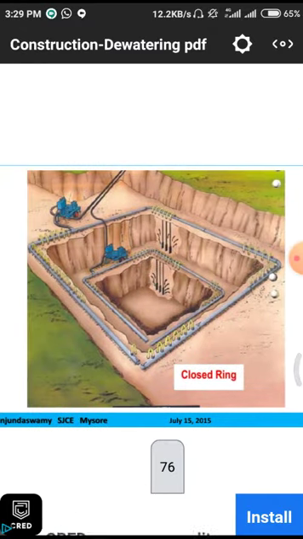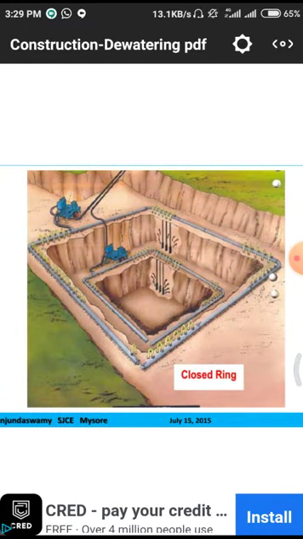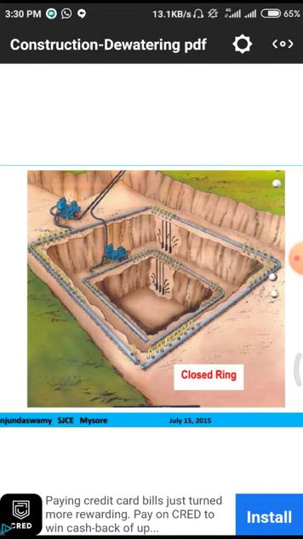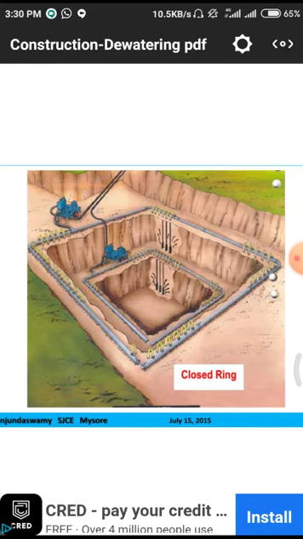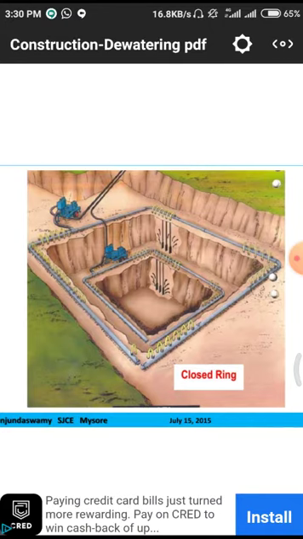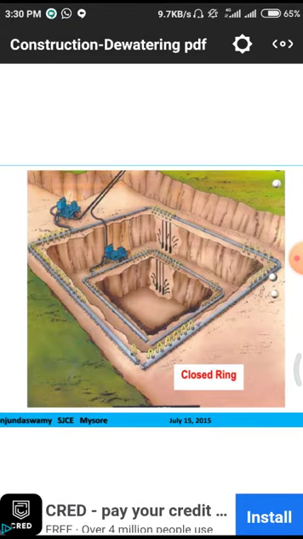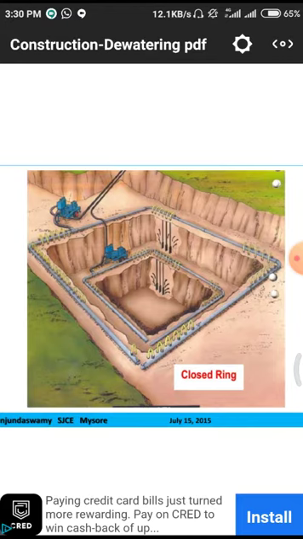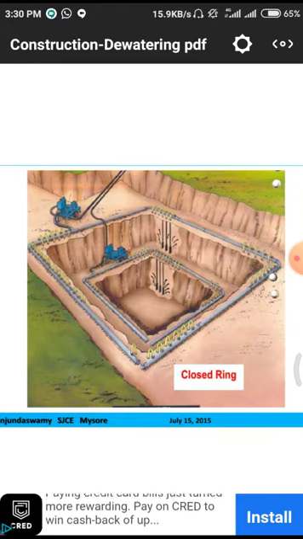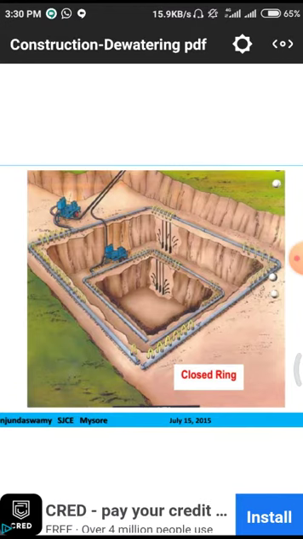This method is employed when there is a huge quantity of water in the particular land. Why? Because in the previous method we were using simply one kind of pipeline system and simply one motor. But particularly in this soil strata there may be a huge quantity of water, so we need to save our time, and for saving our time we have to employ this kind of mechanism.